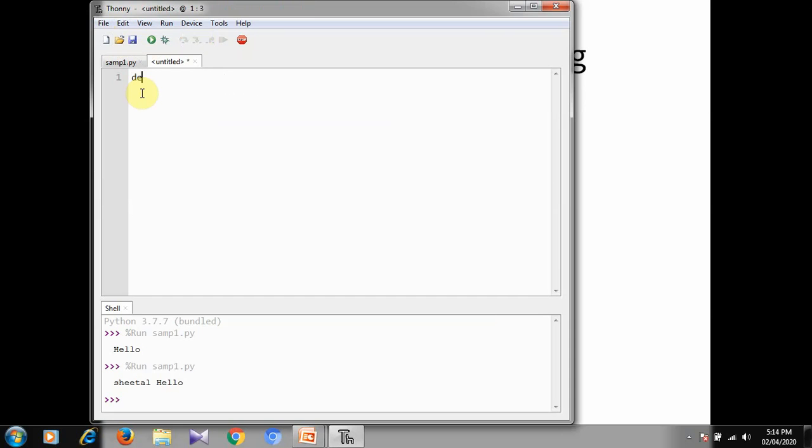Now I will write another program to perform an arithmetic operation. I will write a sum function. For addition of two numbers, we will require two parameters, x, y. At the end, we will give a colon. Here we will directly write down the sum of x and y. Now we will write our main program from where we will call this sum function.